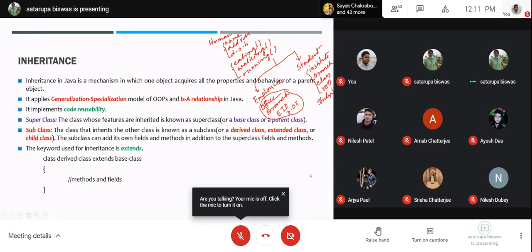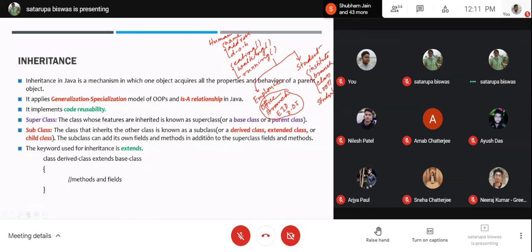Okay. So along with that, you can add some more methods which are specially associated with the employees.